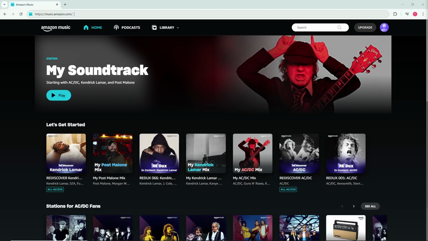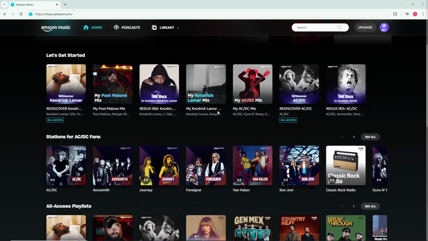Once it's open, navigate to music.amazon.com. This will take you directly to the Amazon Music web player. Go ahead and log into your account if you haven't already. Simply enter your credentials when prompted and sign in. Once you're logged in, you'll find yourself on the Amazon Music homepage where you can see all your playlists, recently